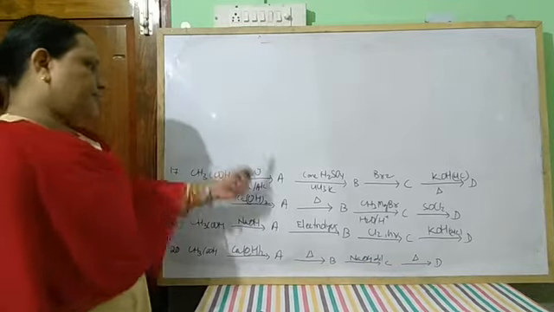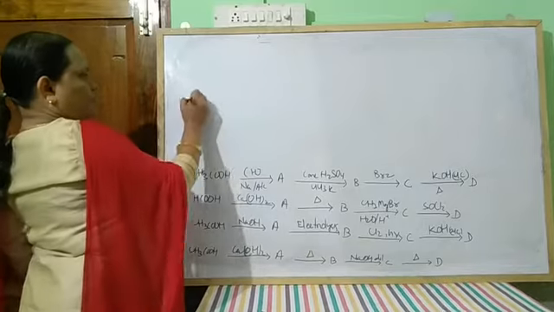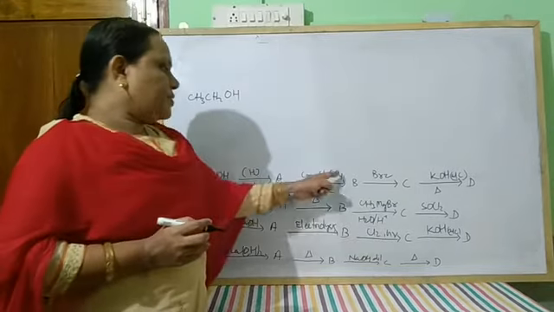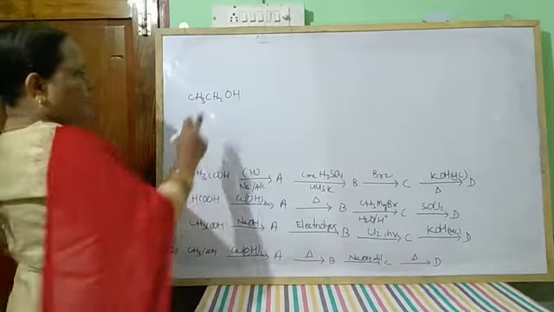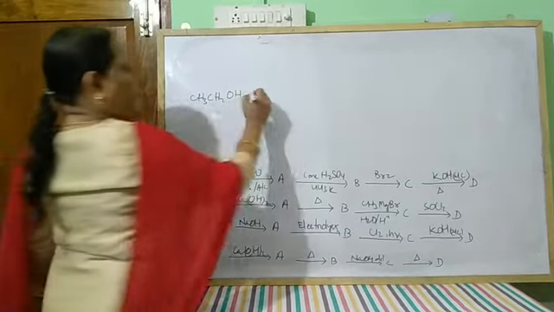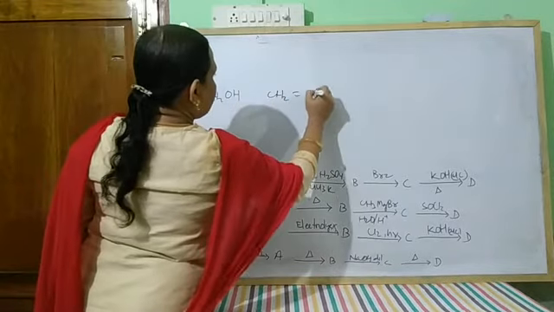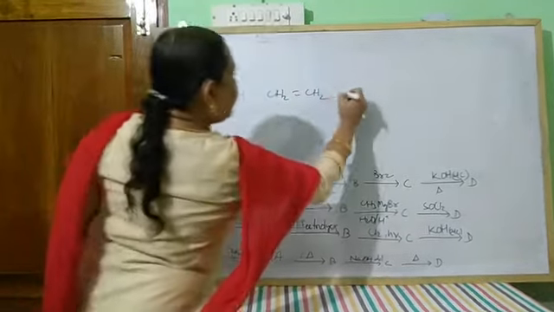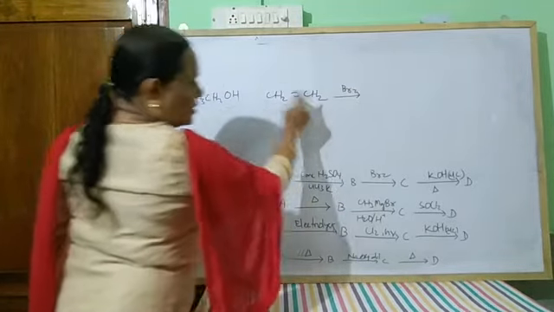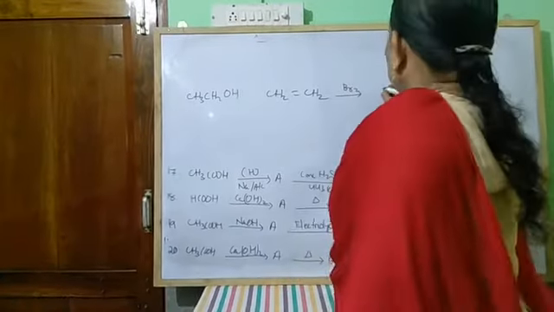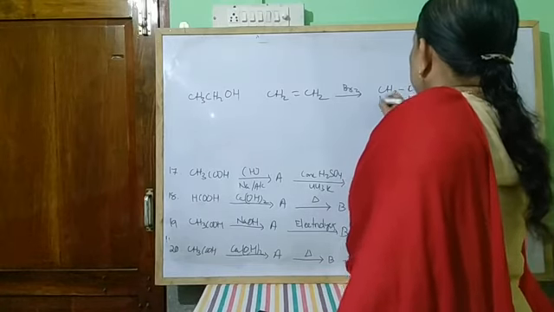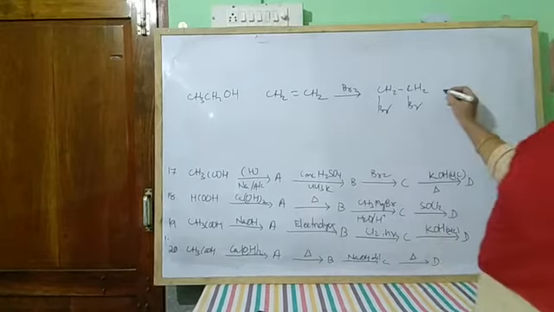Again same repetition, it forms alcohol, and when treated with concentrated sulfuric acid at 443 Kelvin, intramolecular dehydration, OH and H here, it gives ethene, and ethene when treated with bromine, bond breaking takes place, one Br here and one Br here, it forms 1,2-dibromoethane, and when it is treated with